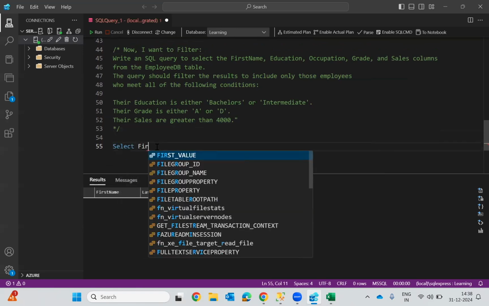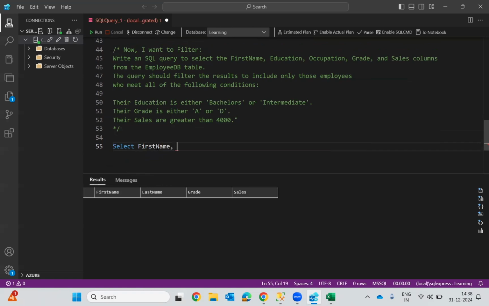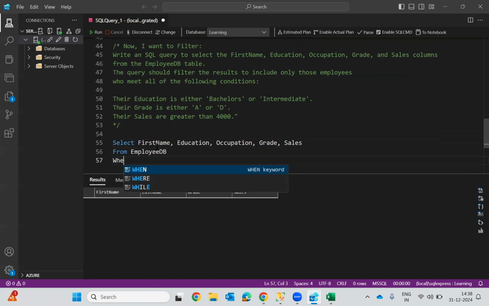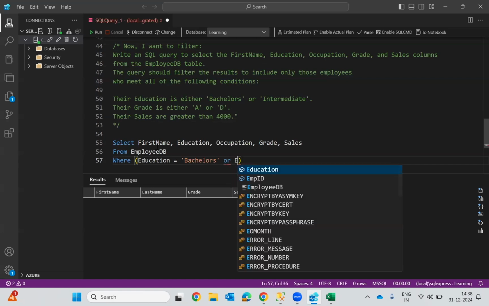So you can match accordingly. So select first name and now education, and here occupation. I want grade and the sales. Okay. From employee DB. Now what they are saying, so where their education equal to bachelor's or the same